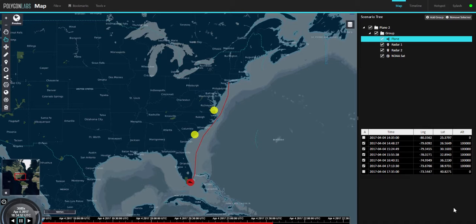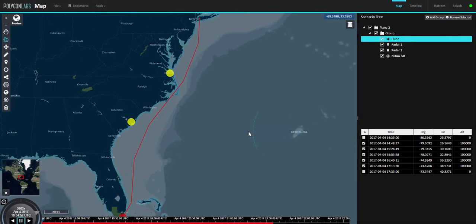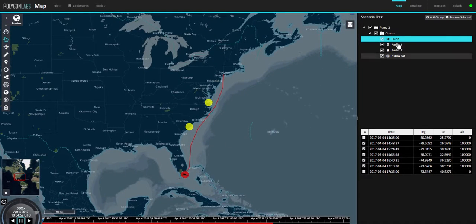Hello everyone. In today's video I'm going to show you how to create connections between different assets to help visualize their connectivity, as well as visualization for our radar utilizing our dome object. To get started, we're going to open up a scenario here that has a few objects in it,